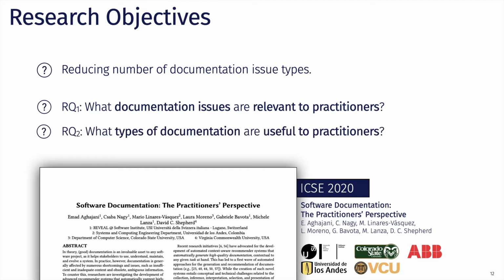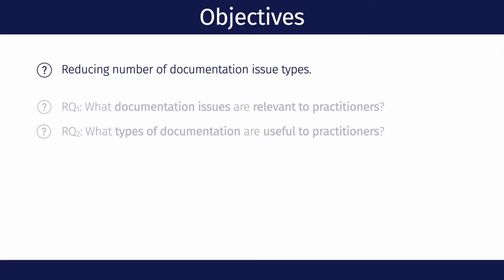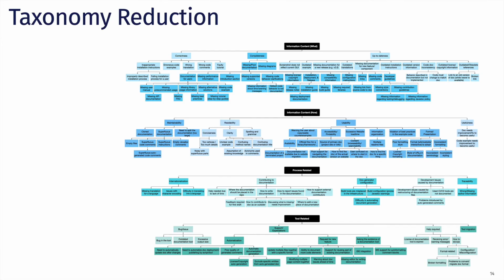With our second research question, we aim to understand the types of software documentation, like code comments, release notes, that are considered useful by practitioners when performing a specific software-related activity, like code refactoring or program debugging. This information is essential in the design of software documentation recommender systems whose goal is to automatically generate documentation customized for a given task.